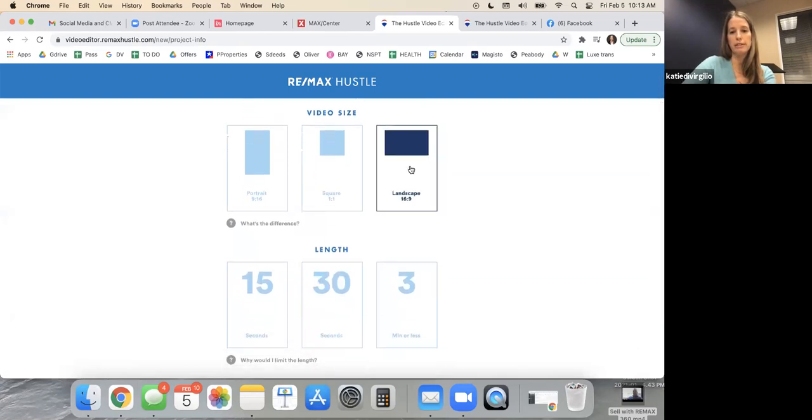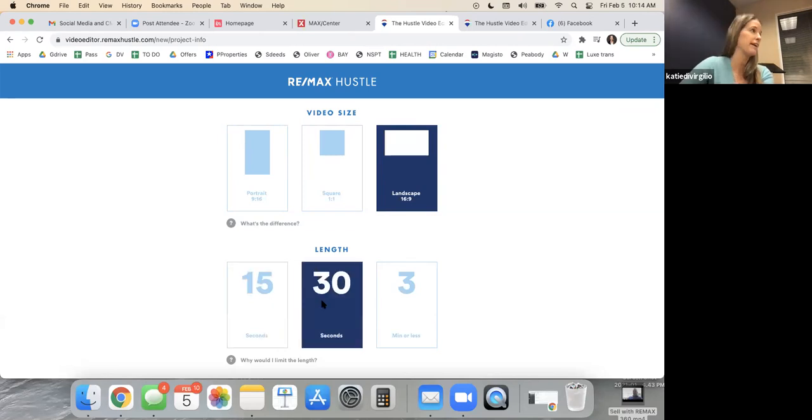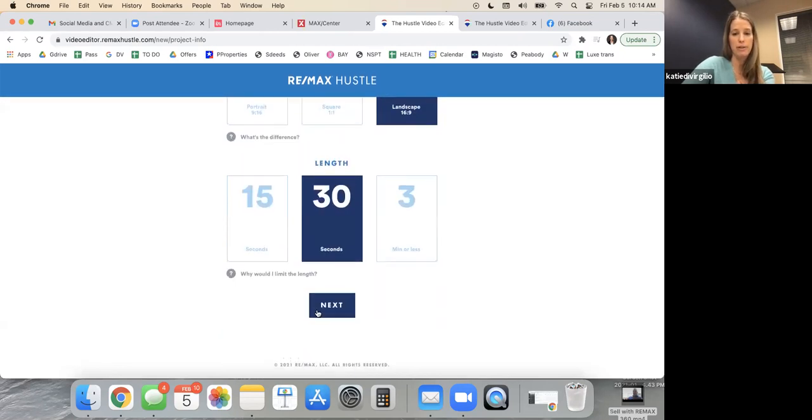So I like to do landscape. You can make it a story or you can make it square, which would fit Instagram a little bit better. And you could post a square to Facebook. So you can make one video and post it to both, if that was what you wanted to do. 15 seconds, that's how long a story is, just so everybody knows. Everyone's attention span is probably 15 seconds, but for the sake of making a cute little video on Facebook, I'm going to say 30 seconds. And then you can make it longer as well. But for the sake of right now, let's do a 30-second